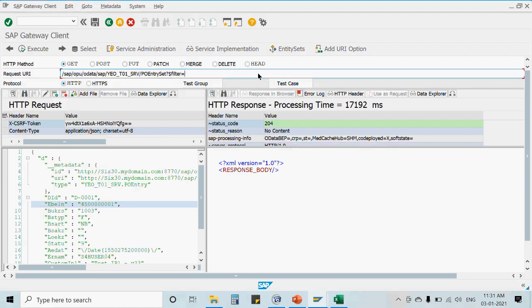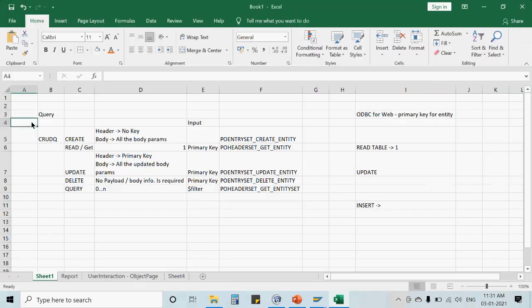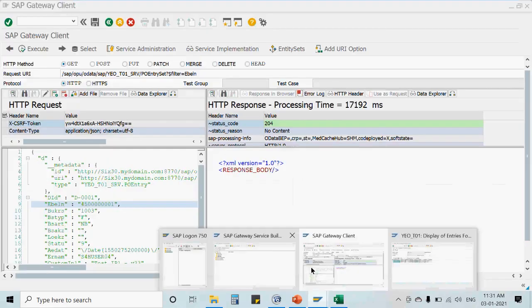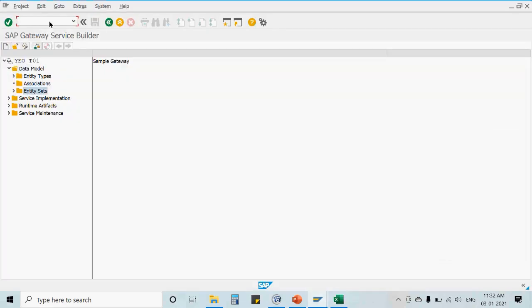No, these are just the URI parameters, just to ensure that all the information which you are requesting is reaching till the hook method, like the get entity set method or whatever method we are specifying. The custom code writing is your responsibility. You have to write the custom code in a way that